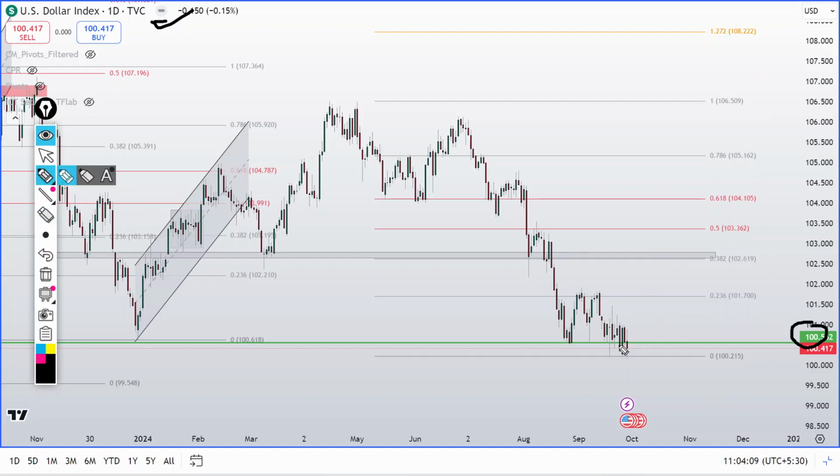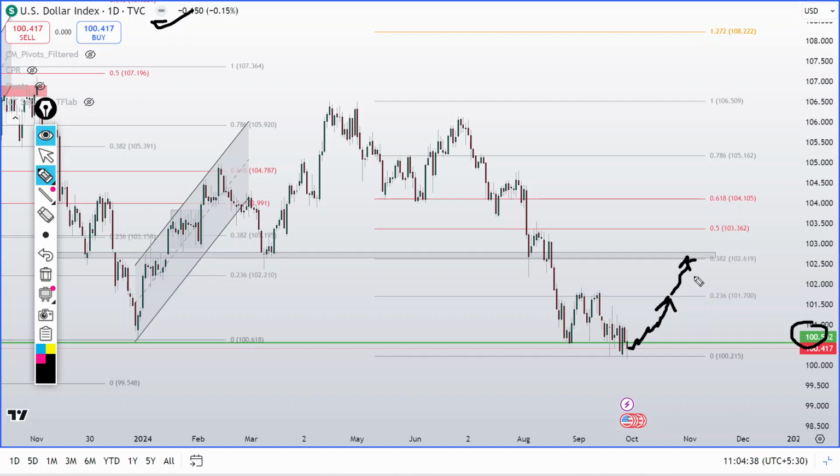So if price stays above the previous week low, then from here we can expect a bounce like this. The first resistance is of course around 101.70, and if price breaks out from here, then the next resistance is around 102.61. So this is the possible move on DXY for next week,